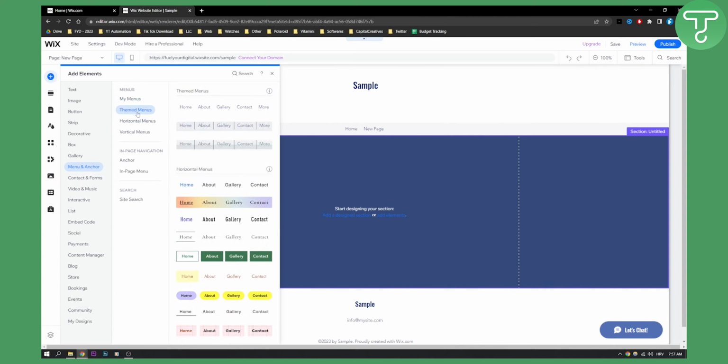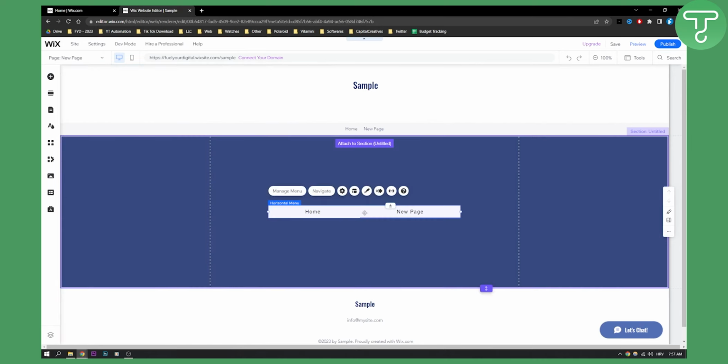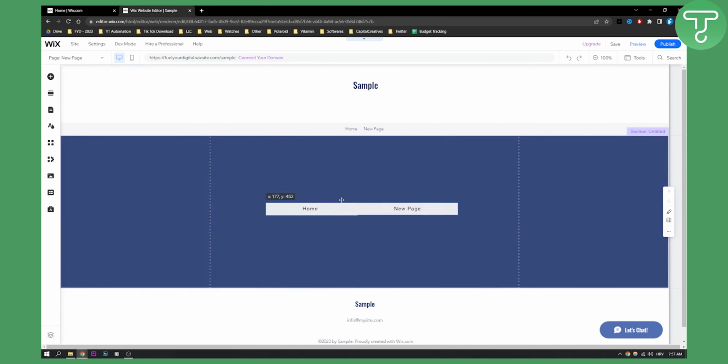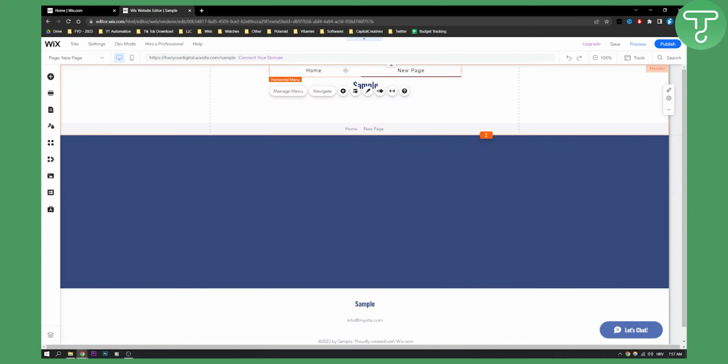menus. You will have themed menus, you'll have horizontal menus. You can do whatever you want, right? And then you can click on the menu. As you can see, this is my menu right here. What I can do is I can put it here, I can attach it to the header, and I can